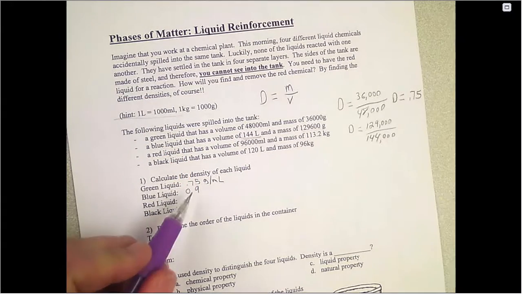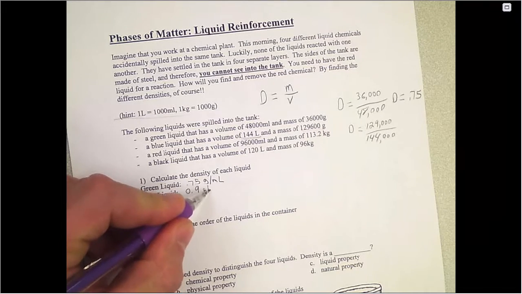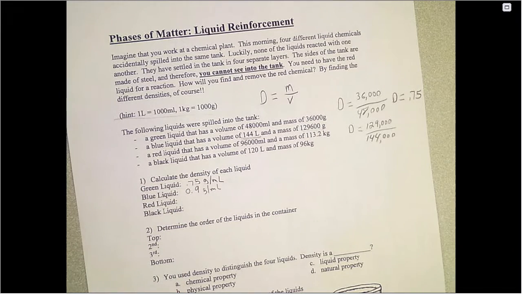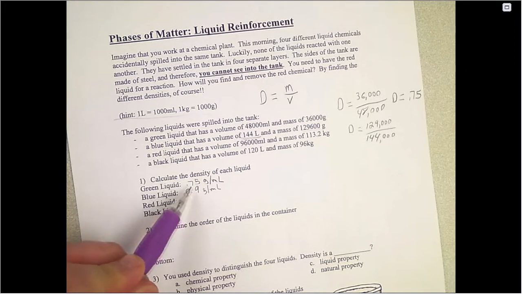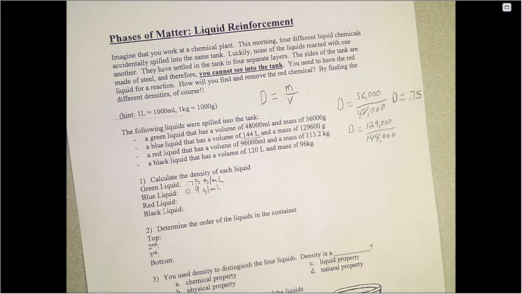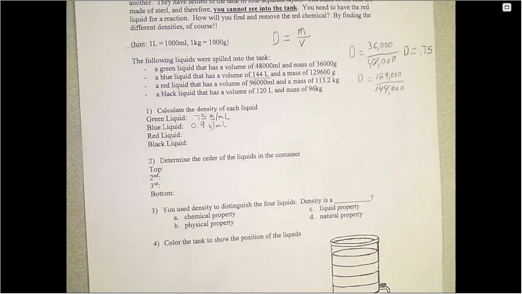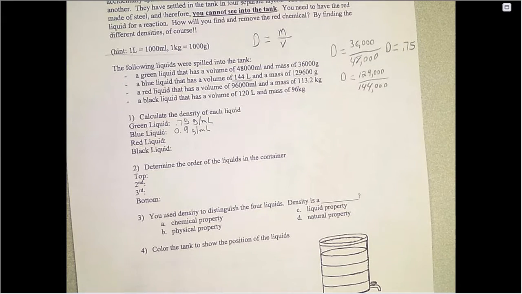So if we're just comparing the first two, the liquid that would be underneath the other would be the one that is denser. Since blue has a higher density than green, 0.9 is larger than 0.75, the blue liquid would be on the bottom. If you continued to do that for the red and the black, you would find their densities, and if you did that correctly,